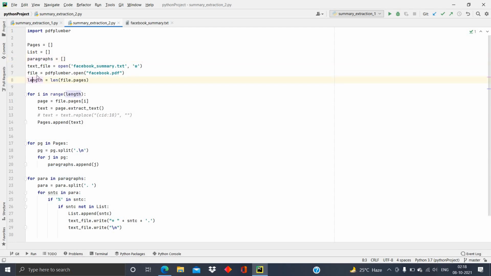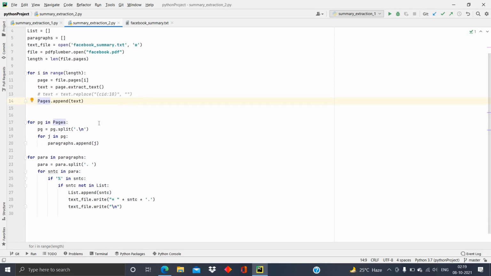Then I'm considering the entire length of the PDF which I have created, and from each and every page of the document, I am extracting the text and saving all the extracted text into this pages list.